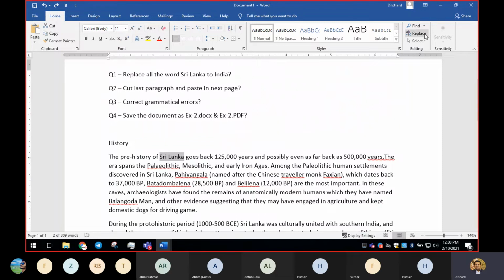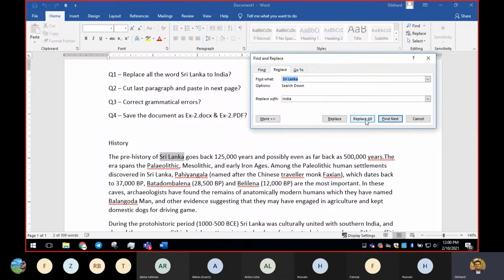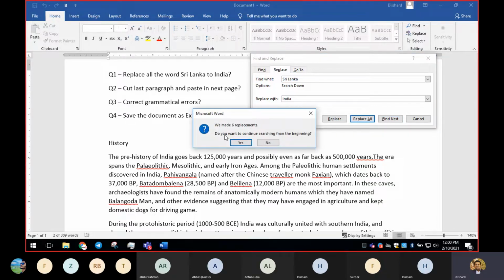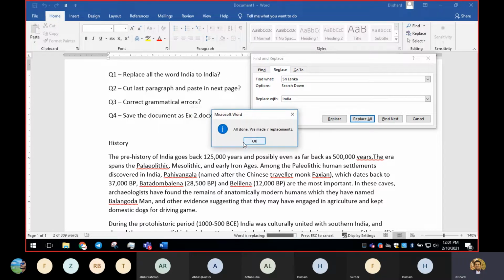Okay, now I'll go back to the same window. This time I'm not going to click on this replace. I'm going to click on replace all, including question. It should get replaced. We'll see, right? So it says we made 6 replacements. That is, this one is protected. We'll see. Okay, including 7, right?